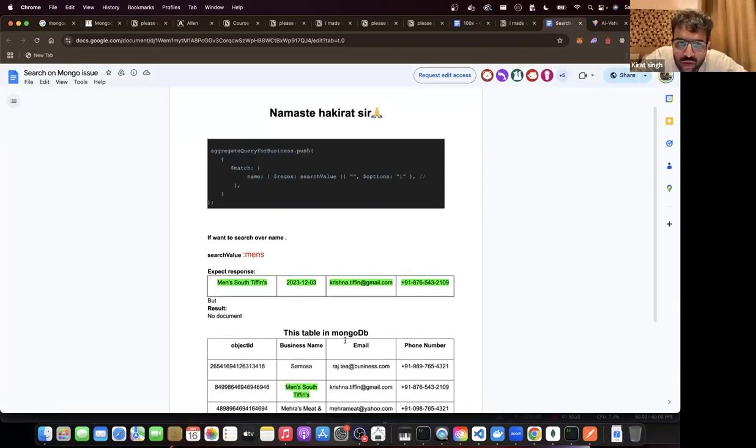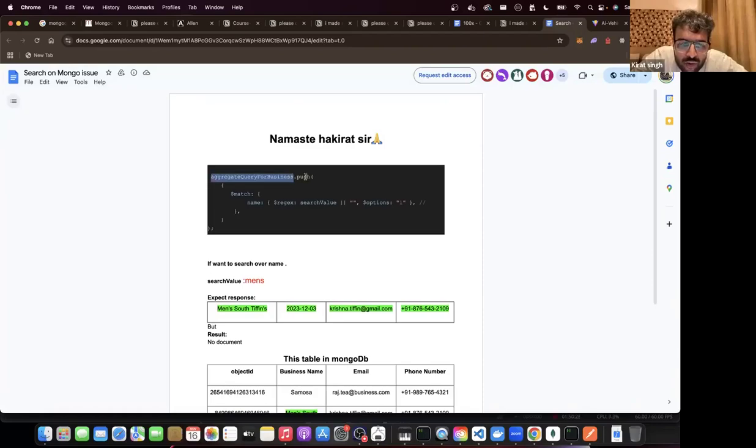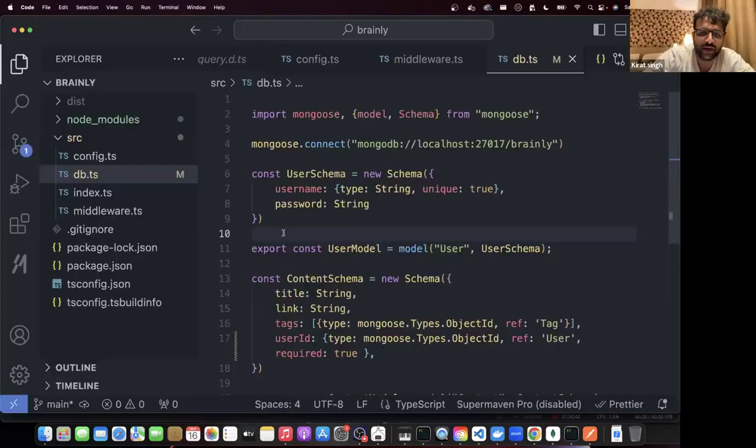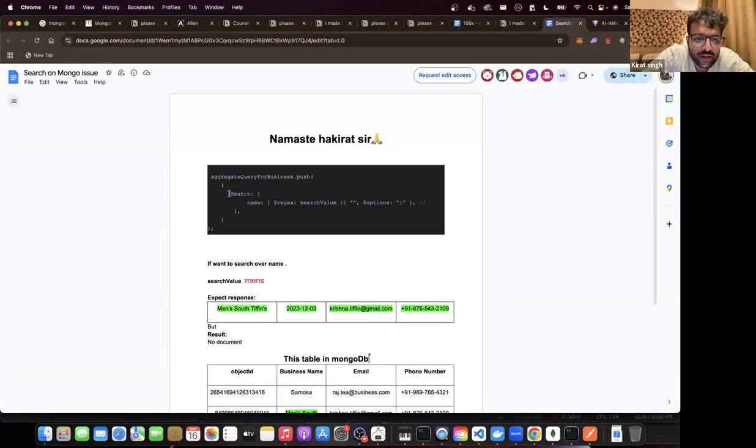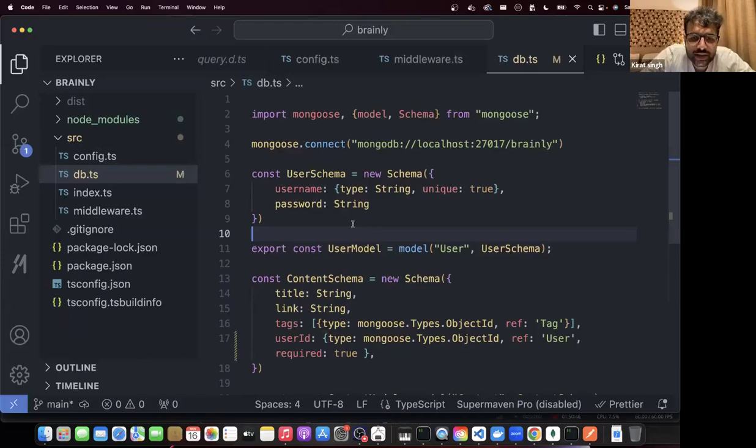Is that what you're trying to do? Aggregate query for business dot push match name is regex search value or empty string. Options is I. ये तो मुझे नहीं समझ आया. ये मुझे समझ आ रहा है. Okay, what you're trying to do is, मैं quickly लिख ही देता हूँ ये. Something like this.